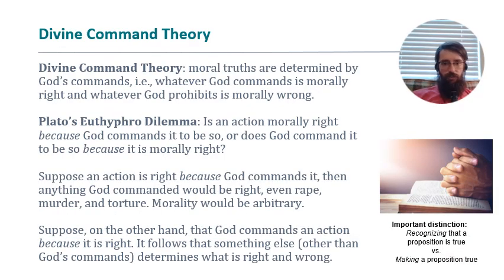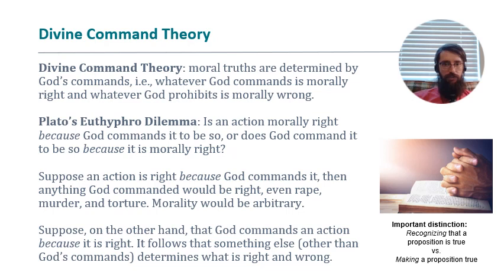All right, so let's consider one application of our ability to reason and think critically about right and wrong. And so we'll think about this ethical theory that's called divine command theory. This is our last slide in this chapter. Divine command theory says that rightness and wrongness come from God. So the more specific idea is what you see here on the slide. Moral truths are determined by God's commands. So if God tells us to do X, then we must do X from a moral point of view.